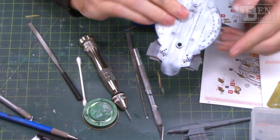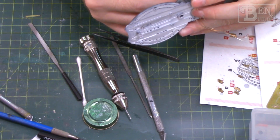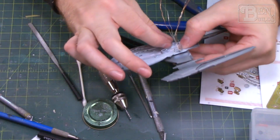I also ended up installing 3 pieces of photo etch for the undersurface of that secondary hull. That worked out perfectly. It adds quite a bit of detail and they're really simple to put down, so I'm very happy with those. Now though, we have to move on to trying to install the lower hull onto the